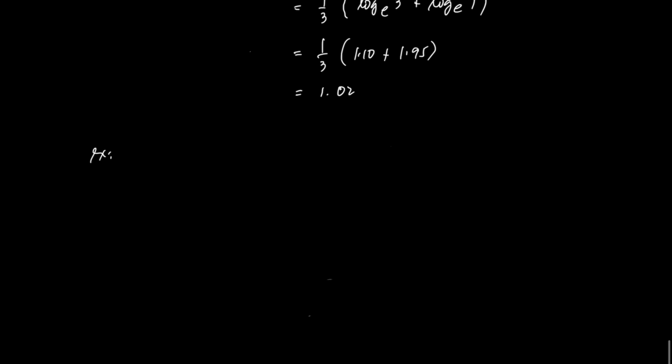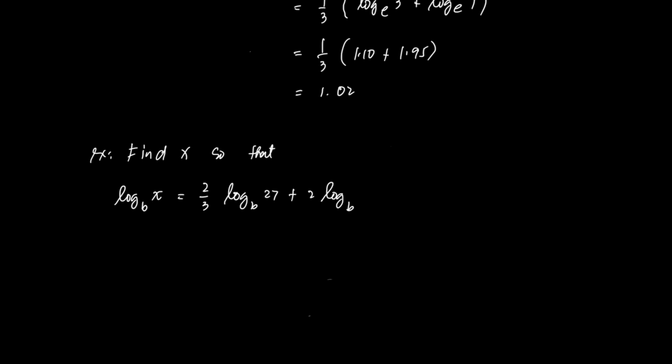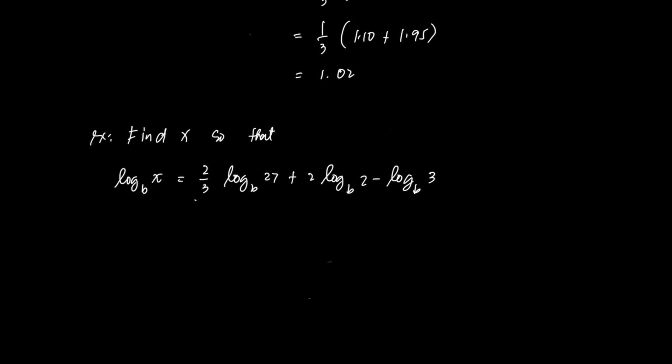Another example. Find x so that log to the base b of x is equal to 2/3 times log to the base b of 27 plus 2 log to the base b of 2 minus log to the base b of 3. So from here, this expression here, log to the base b of x, this expression here